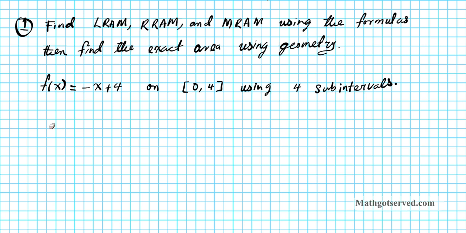The area can be written using calculus notation as the definite integral from 0 to 4 of the function negative x plus 4 dx. This is the exact area, and the expression for the exact area can be approximated using the left-hand LRAM